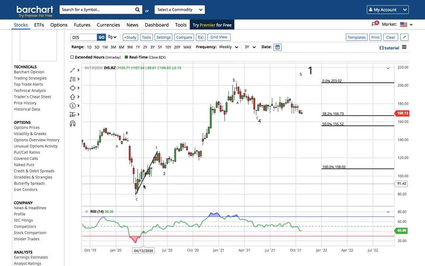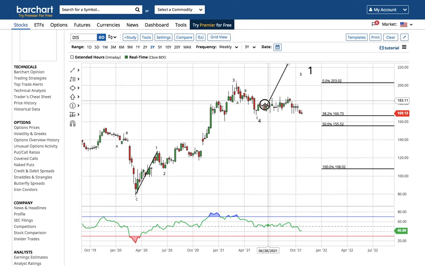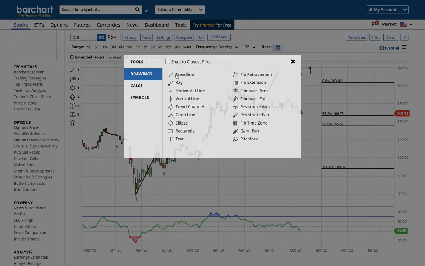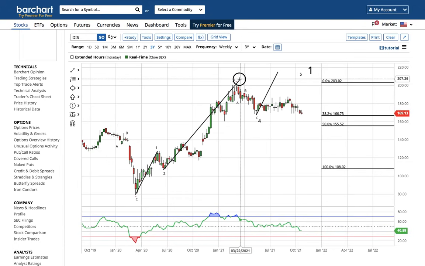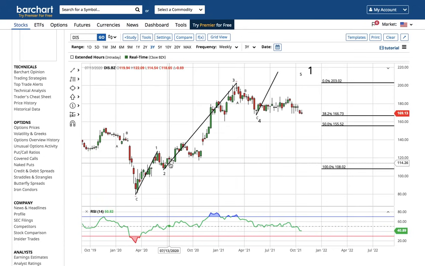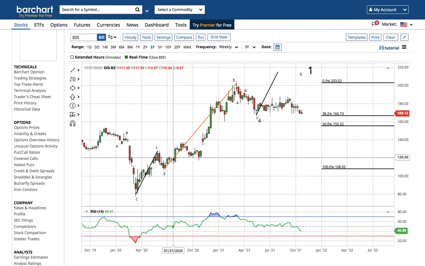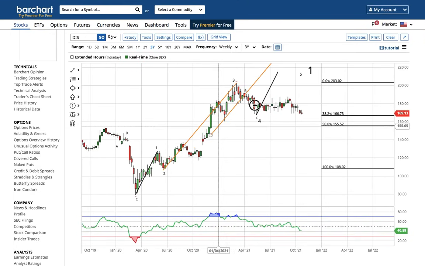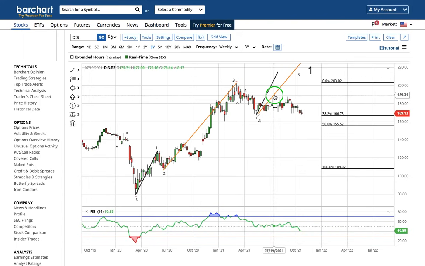So if Disney goes past 216, there's a variety of options that would be a lot more aggressive. One would be that wave 5 is going to be the length of wave 3, placed at the wave 4 low. So if Disney goes past 216, I think one should be prepared for the idea that wave 5 won't be the length of wave 1. It'll be the length of wave 3, placed at the wave 4 low. That would take Disney, as crazy as it sounds, into the 260s, right? If this was wave 3 and wave 4, if we go past 216, then wave 5 probably isn't the length of wave 1. It could be the length of wave 3, okay?